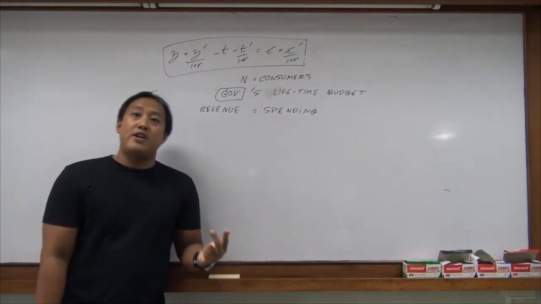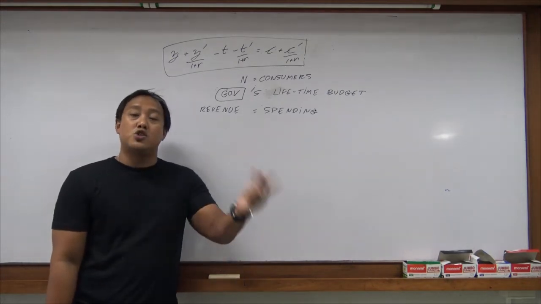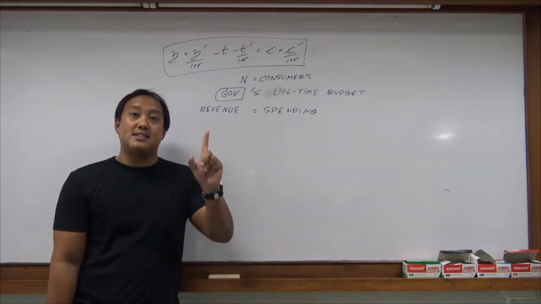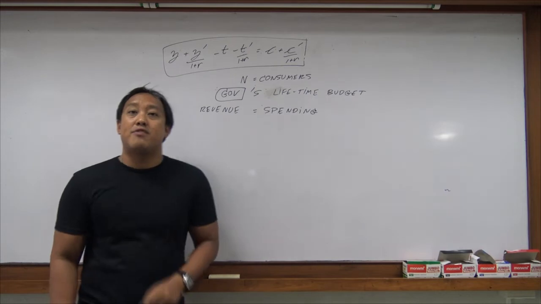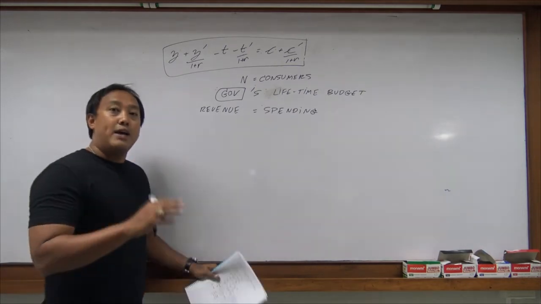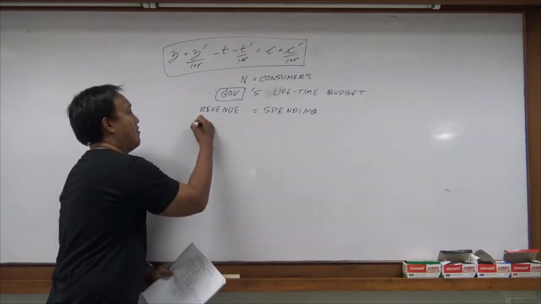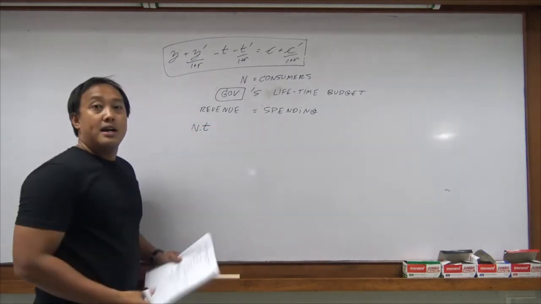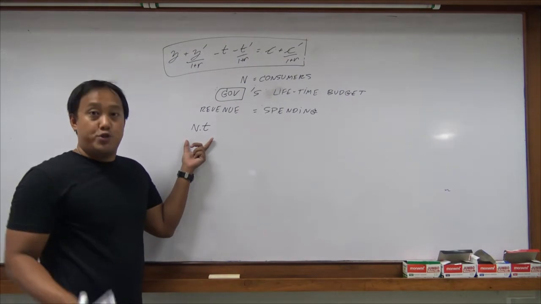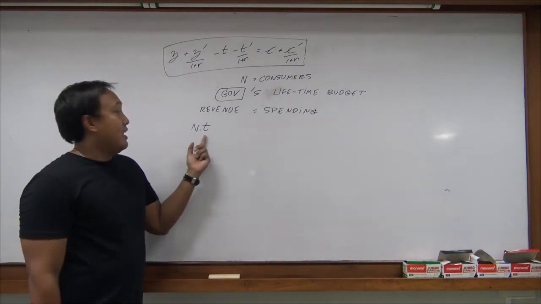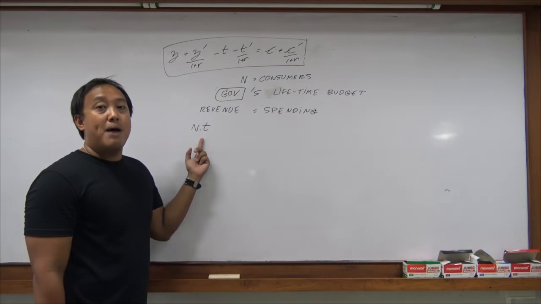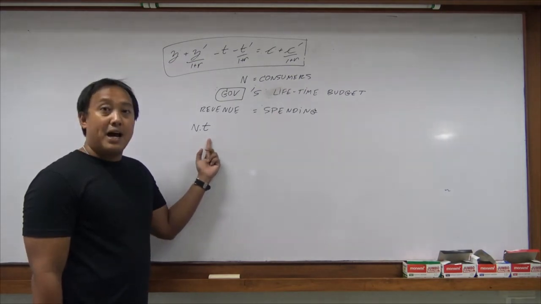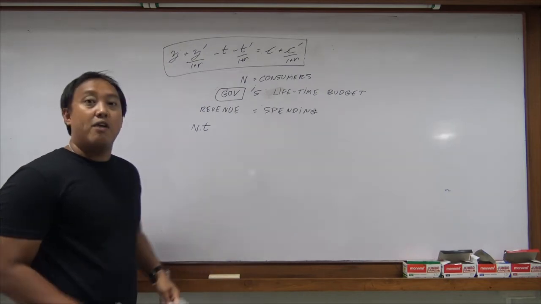The government gets the revenue from the people, from the consumers in the economy, right? The government gets the revenue from tax. They tax us, so they get the money from us. If in the economy we have N number of people, and everyone pays tax, it's going to be N multiplied by T. This is the revenue of the government for today: the tax of each person multiplied by the number of people in the economy, big N. So N multiplied by T is the total revenue for today of the government.